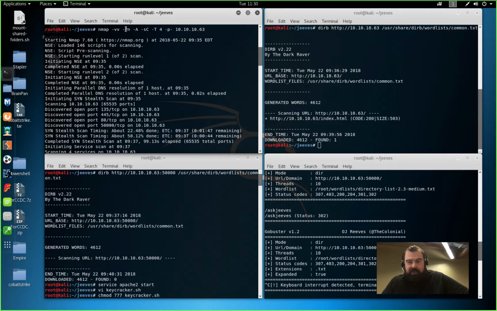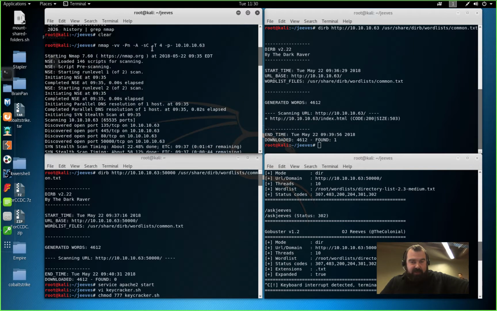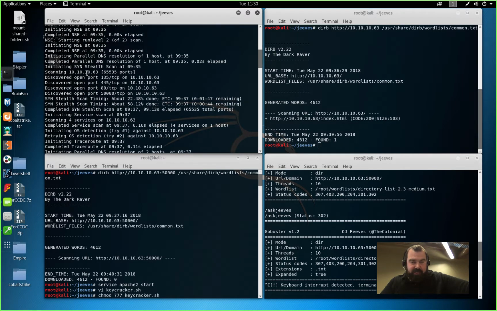So the first thing I usually do is I always kick off an Nmap scan. Very verbose output, so I can see any type of errors, where it's at in the scan, things like that. Don't ping the machine, and then run the default scripts. As you can see, it starts going through, and I start seeing some ports coming back: 135, 445, 80, 50,000. I know the -sC will do some enumeration for NetBIOS, so I'm not going to worry about those two ports